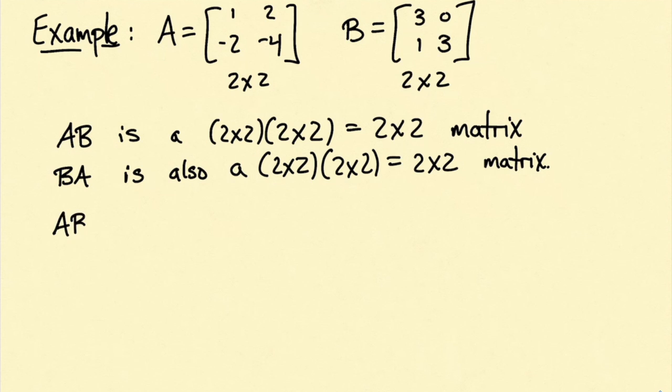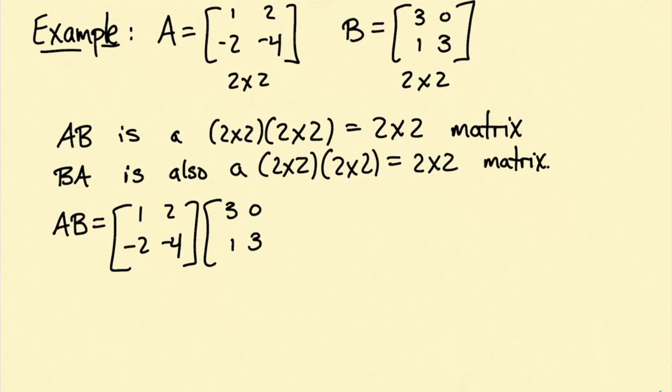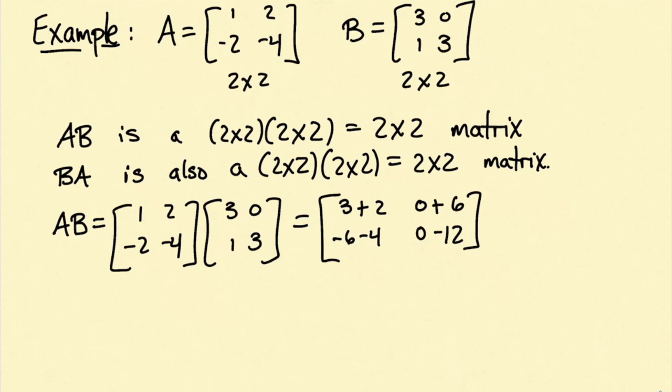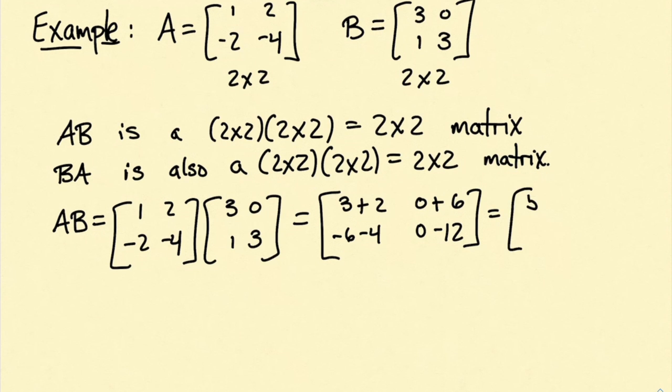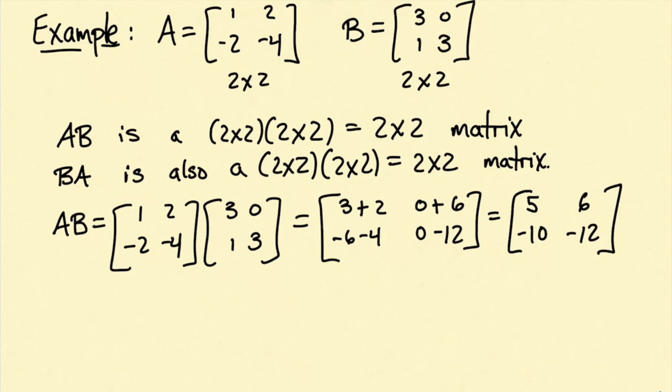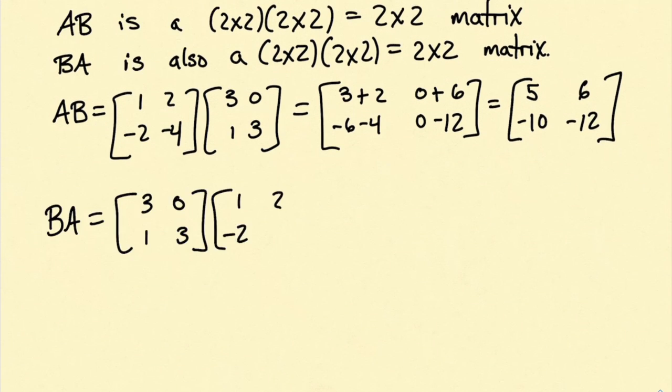When we multiply the matrix A by the column 3, 1, we get 3 plus 2, negative 6 minus 4. And when we multiply A by the column 0, 3, we get 0 plus 6, 0 minus 12. That gives us the 2 by 2 matrix AB, which has columns 5, minus 10, and 6, minus 12. In the opposite order, we get,